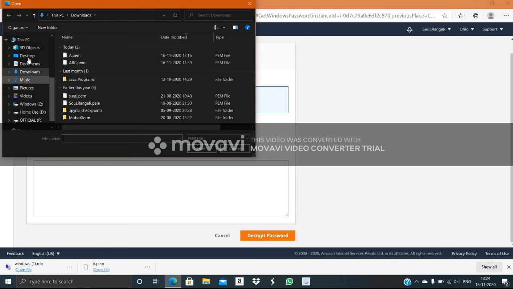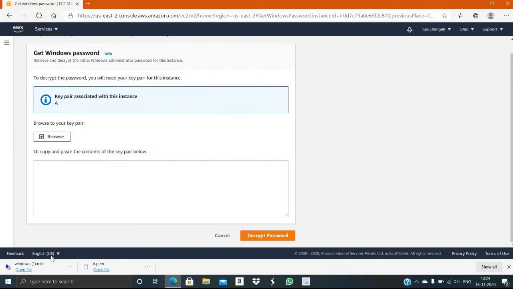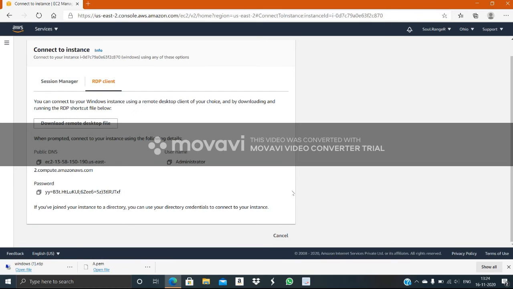So let's take that file. There is a.pem. Open it. This is the file, and now decrypt the password. So here the password is this. Just copy it.